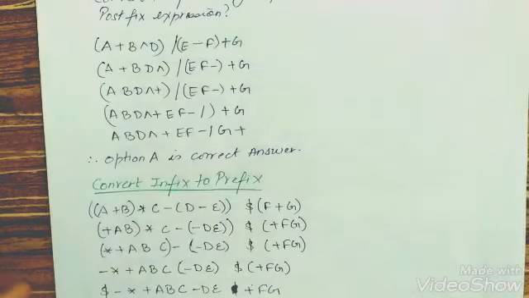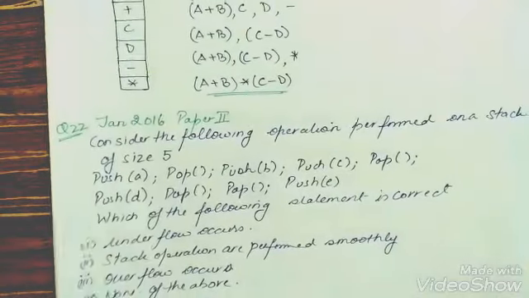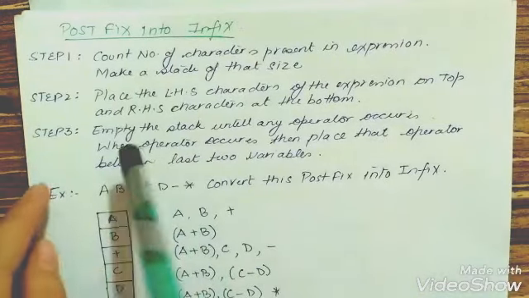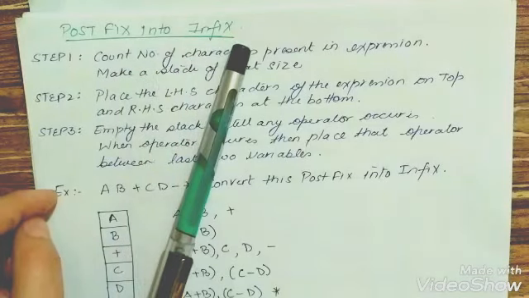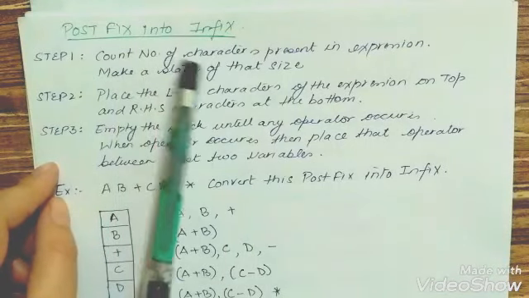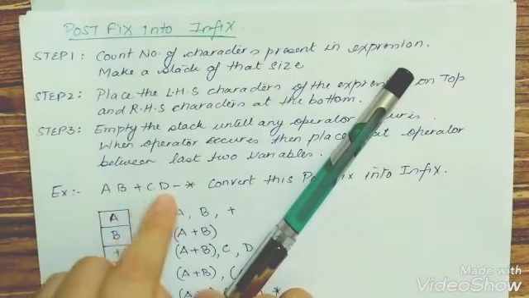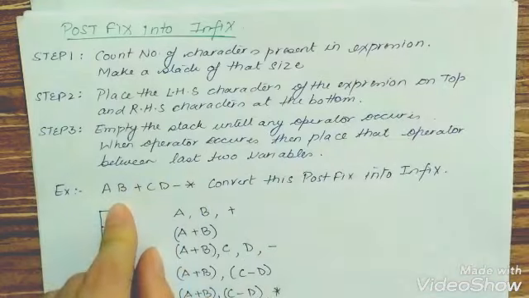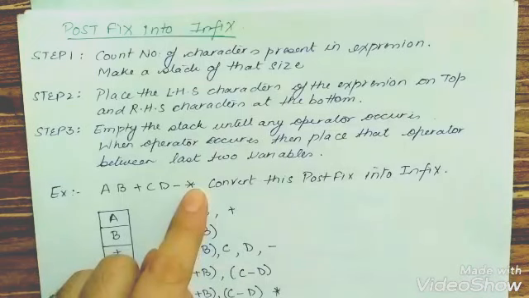Fine. Now here is another way of doing our question, and this is also one of the types in which we can be asked questions. This is postfix into infix. For doing this we have 3 steps. Firstly, count the number of characters present in the expression. So how many are there? 1, 2, 3, 4, 5, 6, 7. Fine, we have 7